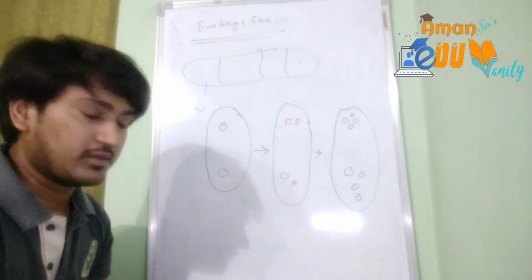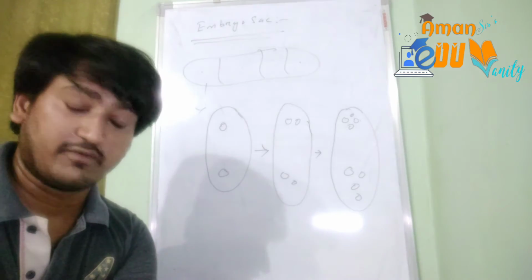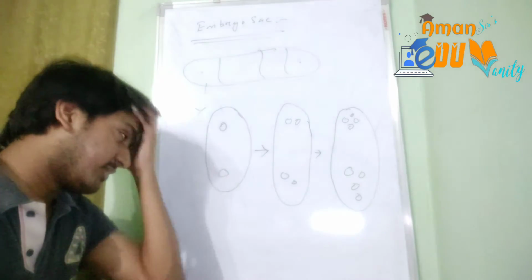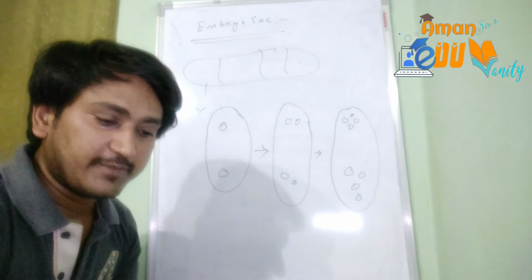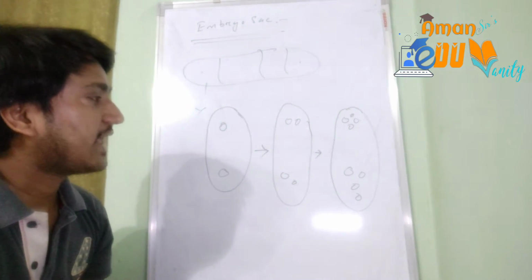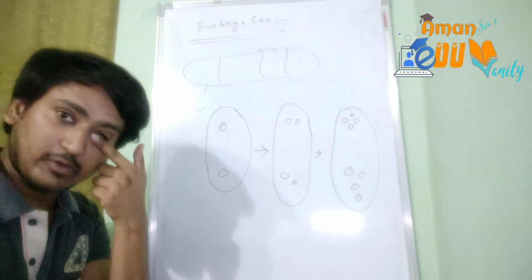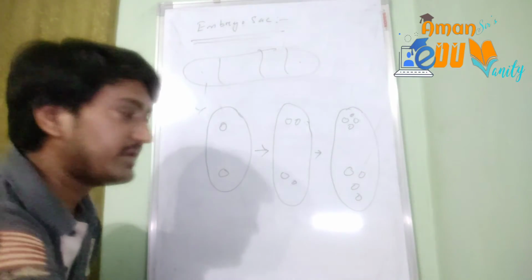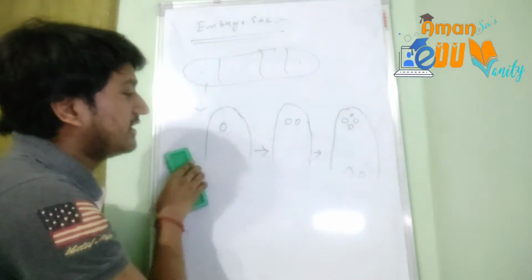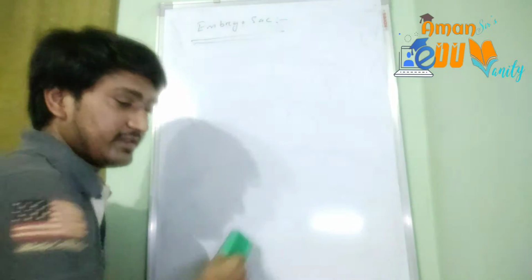Afterwards only the cell wall will be formed. The formation of cell wall takes place after the 8-nucleate state is achieved. And what happens at the micropylar end? At the micropylar end, 2 cells will develop, which will be named the synergids or the helper cells. Okay, 2 cells at the micropylar end.